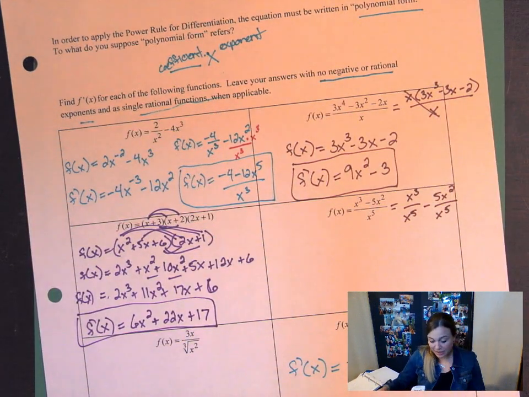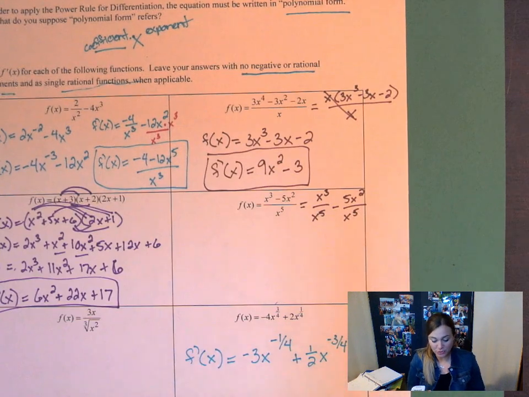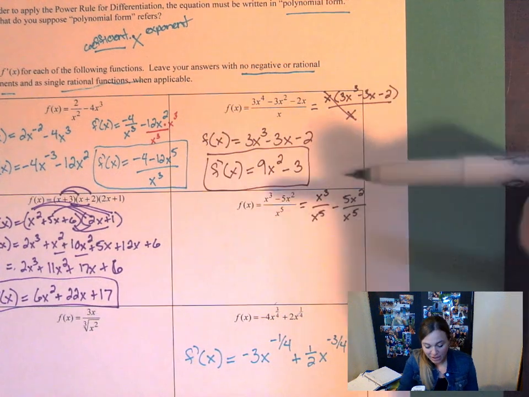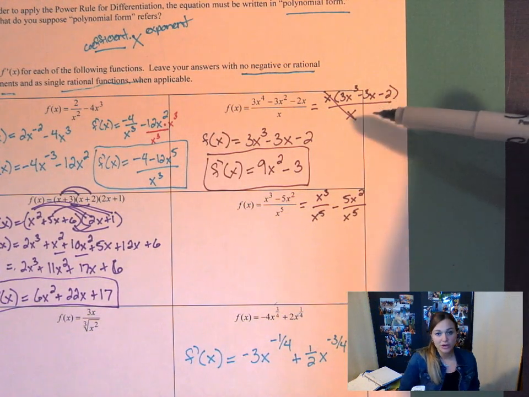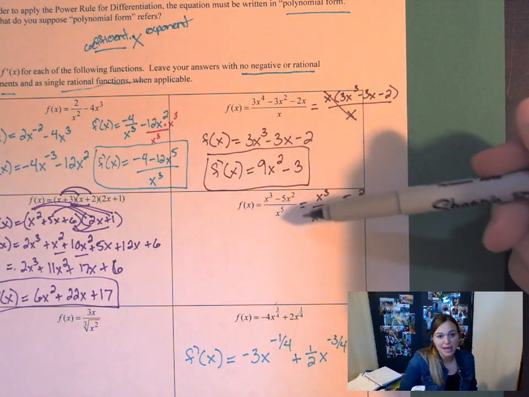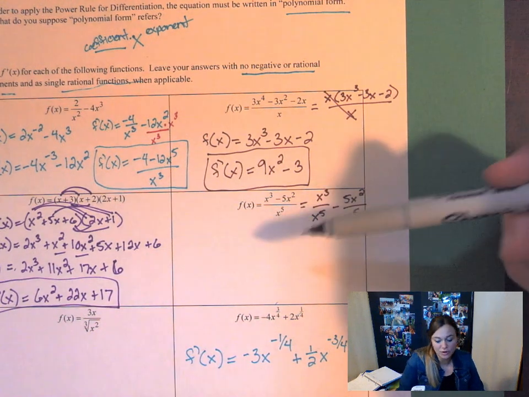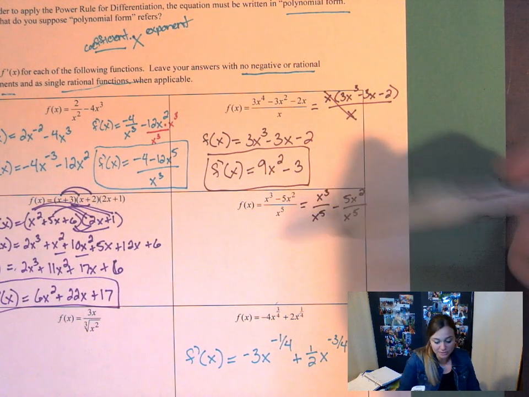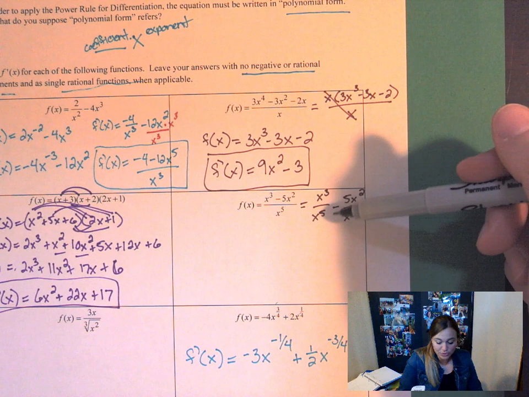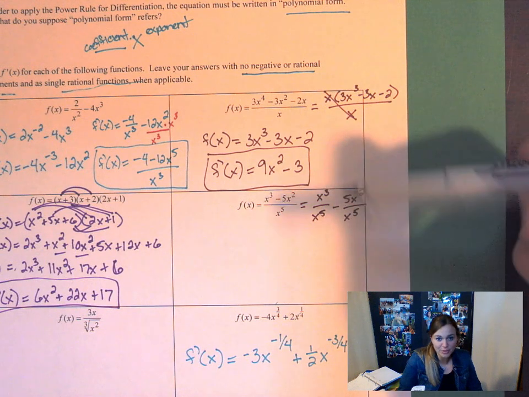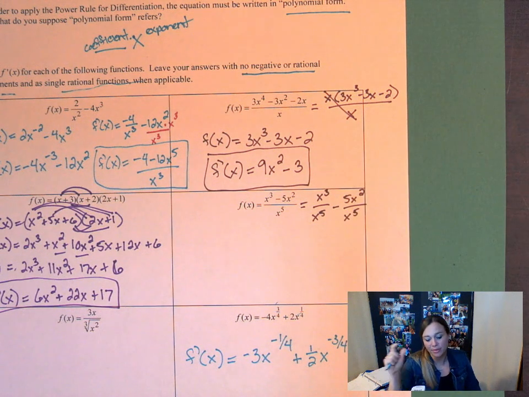Okay, in the next one, just to explain this real quick again, because I said I would do it in this order, and if you're just getting to this part of the video, this one can't be like the one up here where I just factor out an x, because the degree in the denominator is higher than the degree in the numerator. So what I'm going to do here is simplify this and say, you know what, if I know I can add with a common denominator, I can also take a common denominator and just put it over